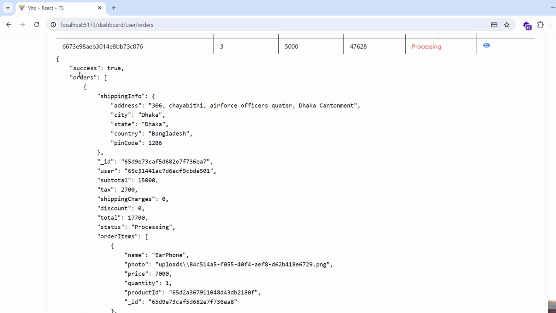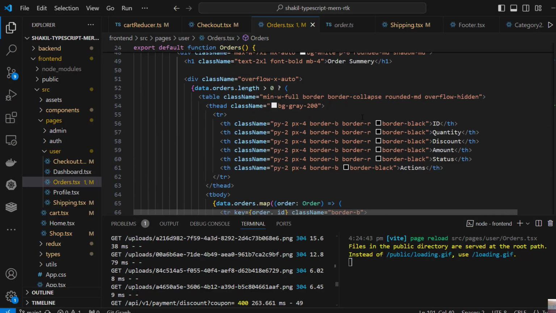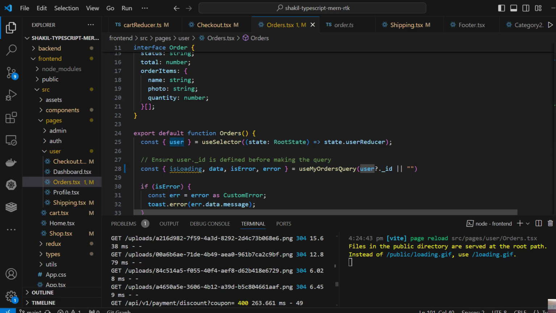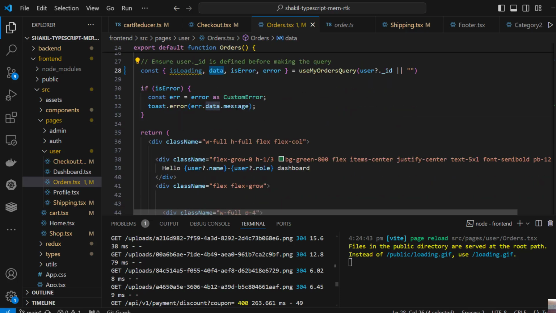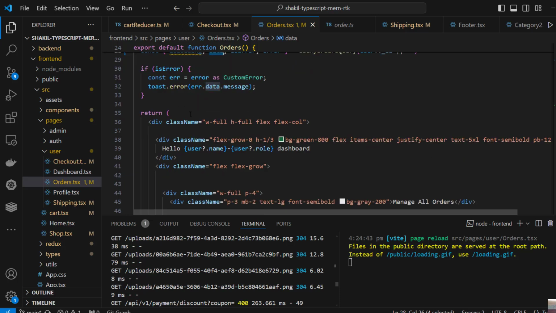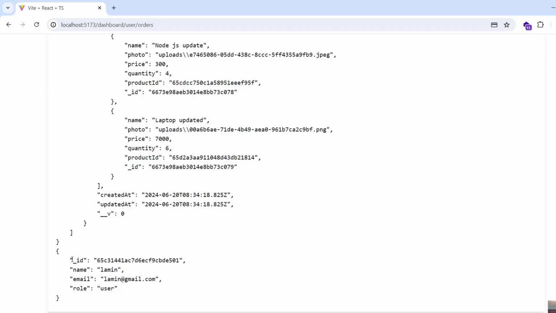So if you understand the console log or stringify, the rest of the code is very simple. So you see what we are getting. We are getting user. I have shown you the data how we are getting the individual data, and this is error handling. So user dot name. So we are getting user dot name. User dot name. Okay, then